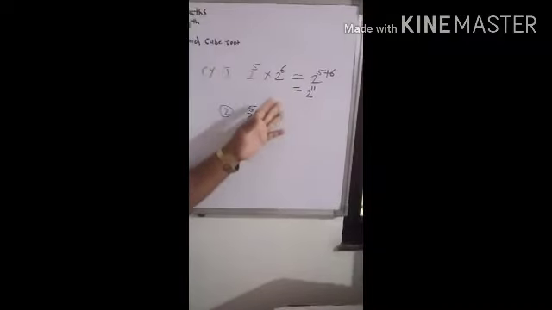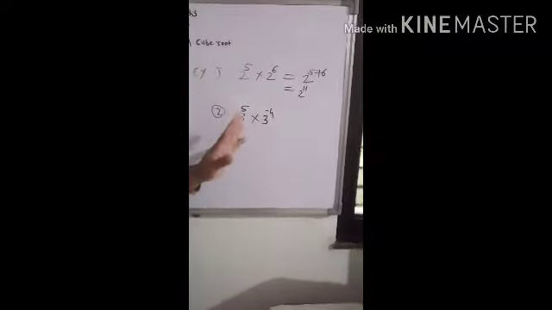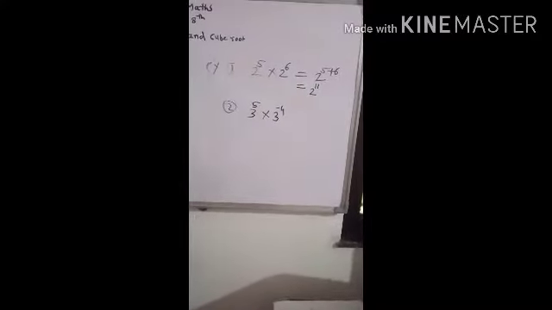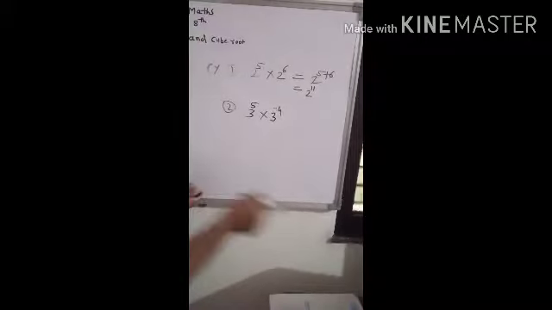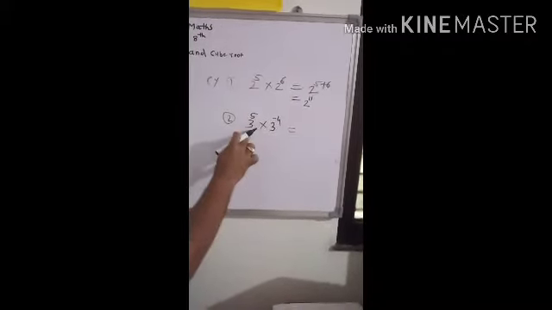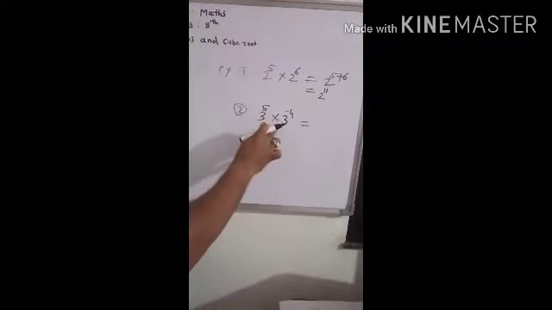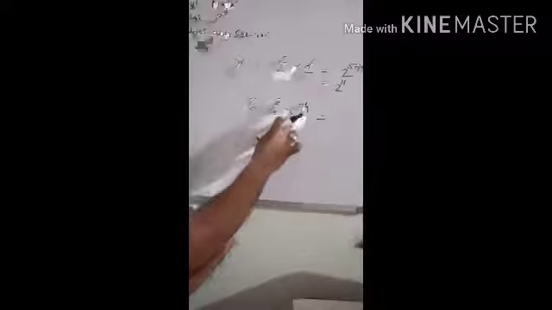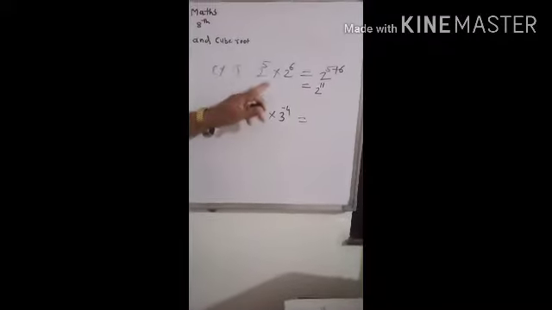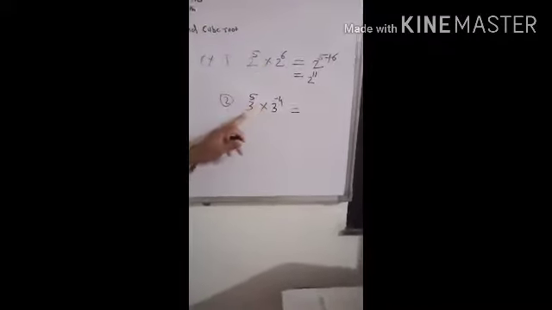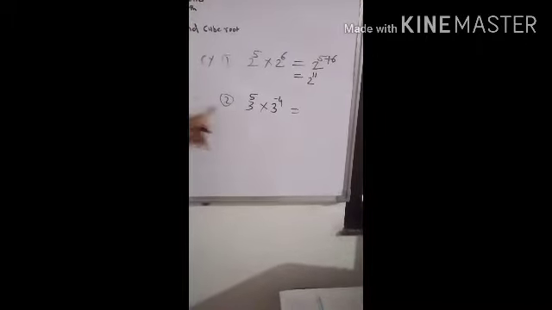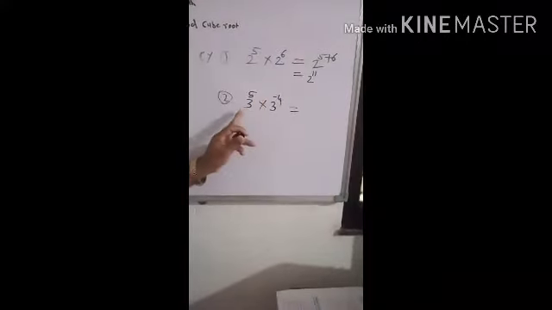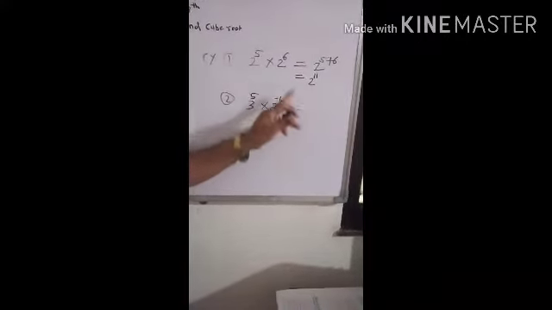In an example, he can give any type of example, he can give the index as any number. So observe this example. In this example, the base is 3, the index is 5, and the base is 3 and the index is minus 4. And this is the multiplication form. Hence, when there is a multiplication form and the base is the same, we can apply the first rule here also. Whenever there is a multiplication form and the base is same, we can apply the first rule.